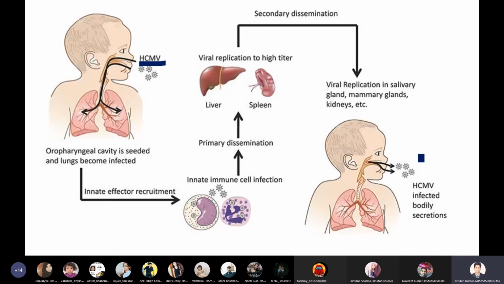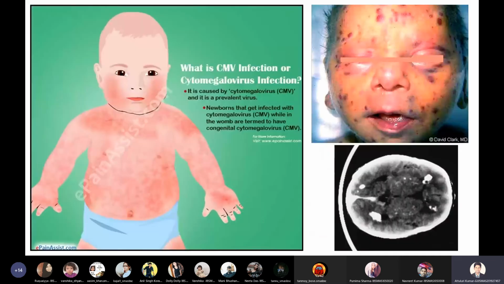So this is the oral pathogenesis of cytomegalovirus. This is a baby which was infected by the cytomegalovirus infection. Usually these babies won't survive more than 6 months to 2 years. Within 2 years they will die, because this virus will start replicating in the brain of these babies, resulting in mental disorders. So mentally retarded babies, usually they don't know what they are doing.